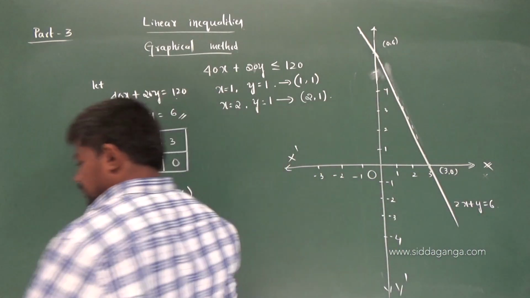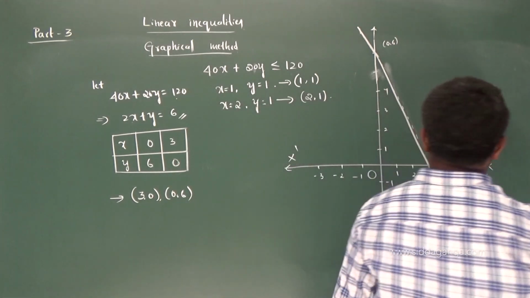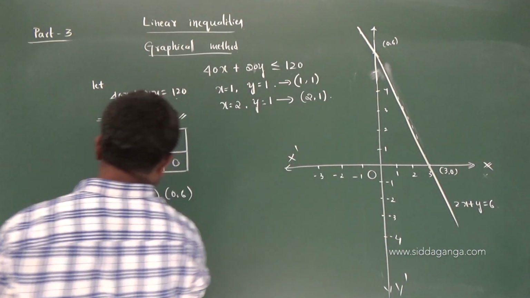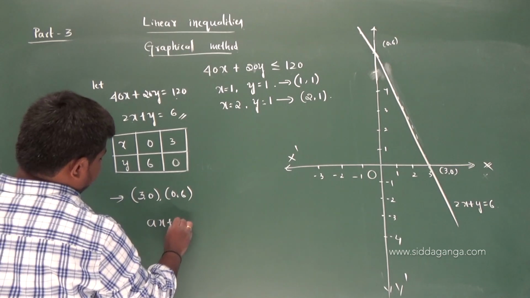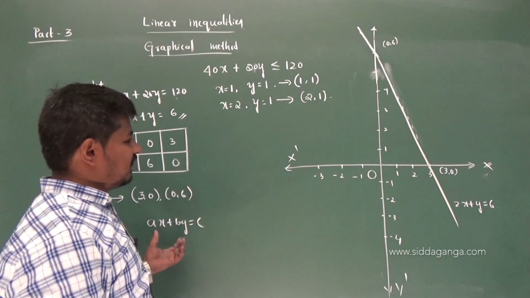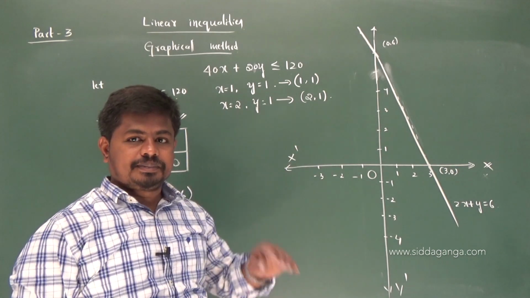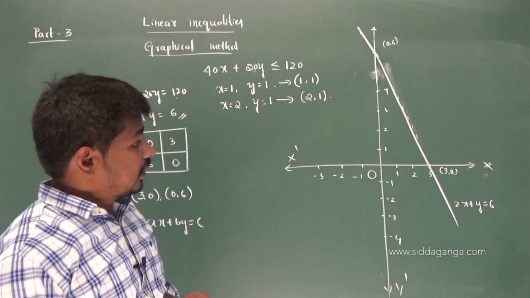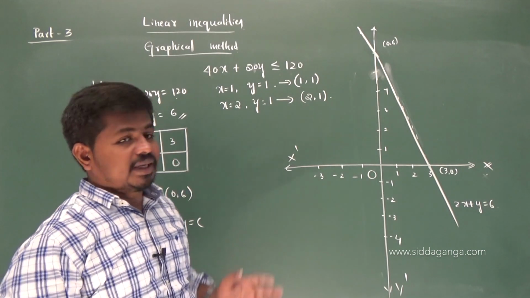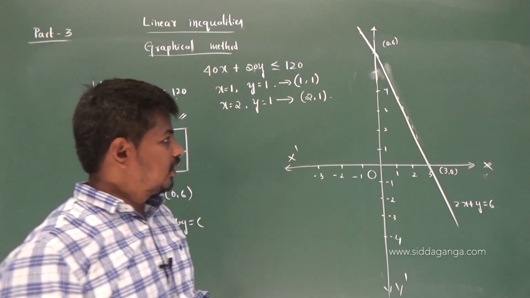So we know that the equation of a line is ax plus by is equal to c, where a and b are not equal to 0. So the graph of this is a straight line, right? So here we have a straight line. Now any line in the plane can divide a plane into 2 parts.